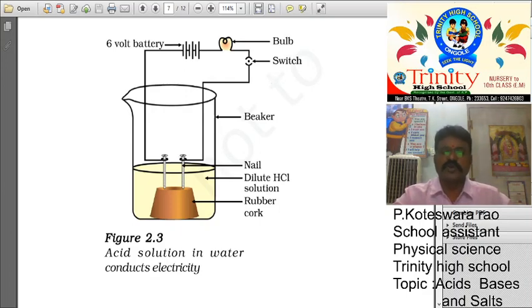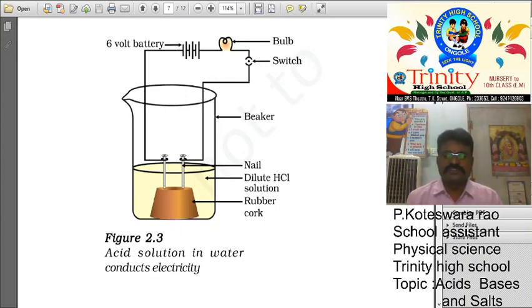So finally, what we have to understand is in which condition the bulb is glowing. In the first two conditions, glucose and alcohol, the bulb is not glowing. But in the sodium hydroxide and calcium hydroxide conditions, the bulb is glowing. Why? We already told: an acid solution conducts electricity because they can attribute H plus ions. Here, they can attribute OH minus ions. So OH minus ions travel in that circuit, so the bulb is glowing.